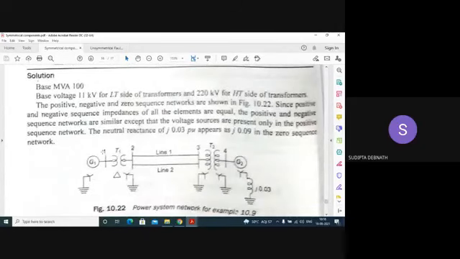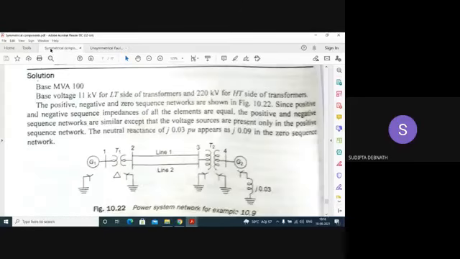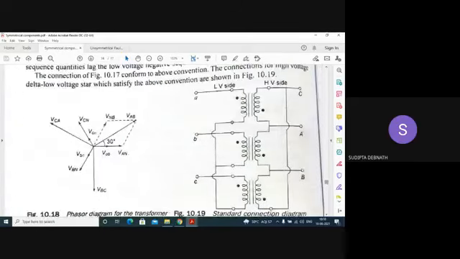So phase shift will be minus 30 degree, and that too for positive sequence. So whatever value you get at bus 2, if you want to find out at the terminals of G1, the magnitude will remain same, but there will be phase shift of minus 30 degree. Because we are talking about the positive sequence only. These things are only for the positive sequence. And for the negative sequence, if you have read, you can understand. For the positive sequence, it is plus 30 degree. If you are to find out for the negative sequence, it will be minus 30 degree.